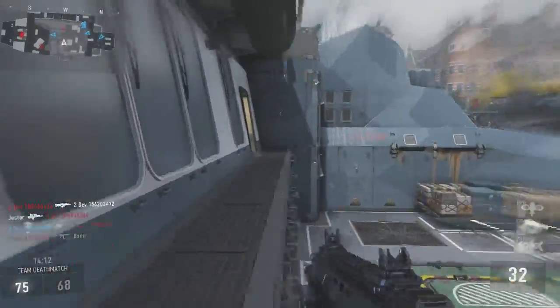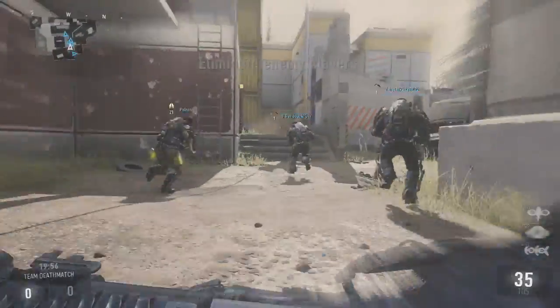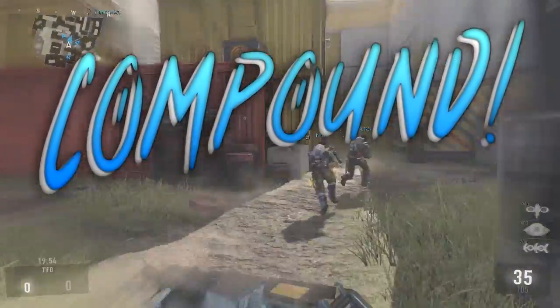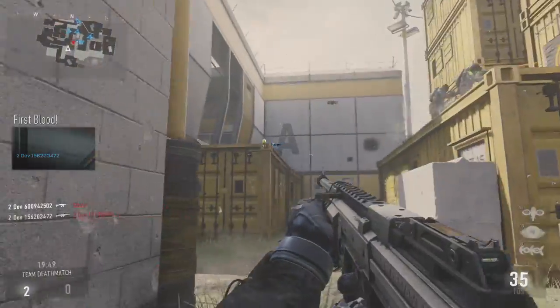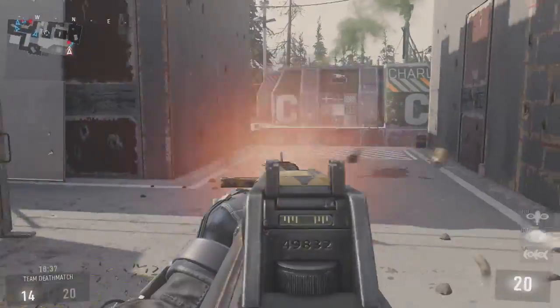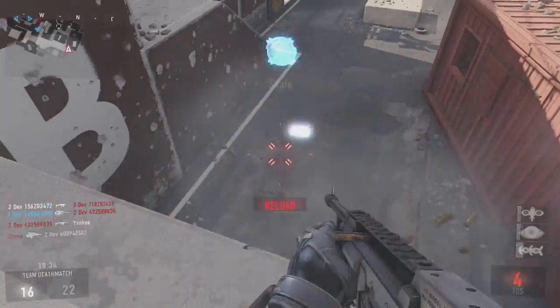We're about to jump into the third one, my friends, which is just straight up hectic, to be honest. This is Compound, by far the smallest map in the map pack, and it's just crazy, dude. Like, I managed to get all my kill streaks, which is awesome, but it's straight up crazy. Like, this map